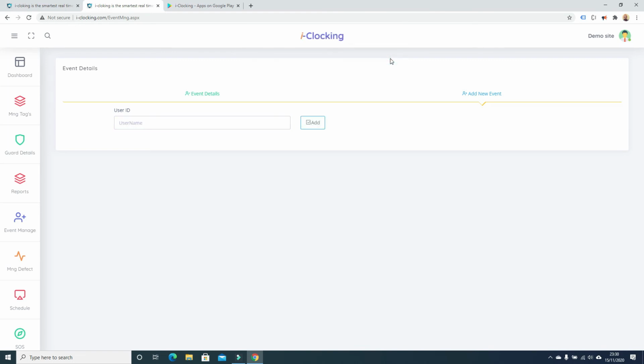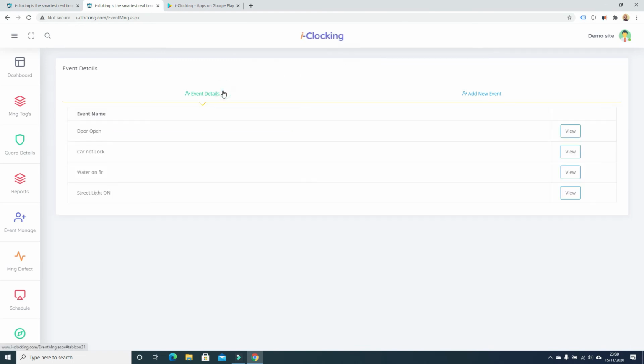Whichever event you can trigger as your company, you can just add. So when your guard logs in, they can see all the events and check whichever event is happening while walking on the way doing their work.